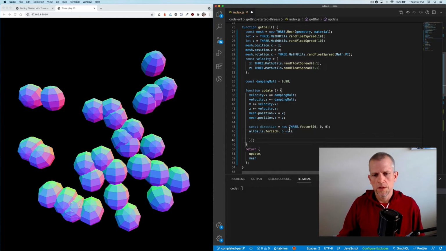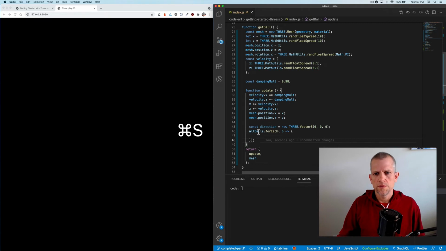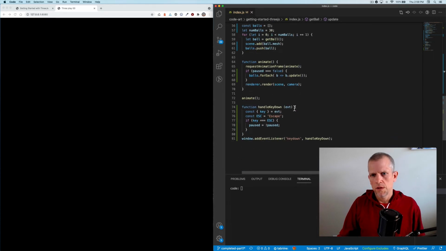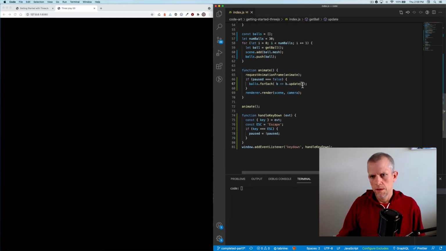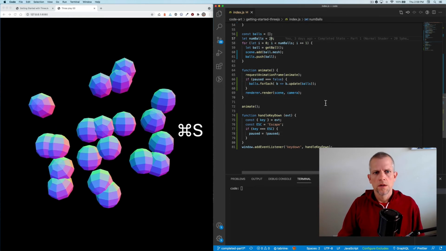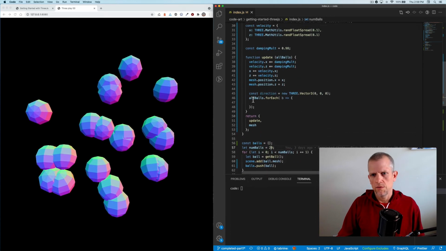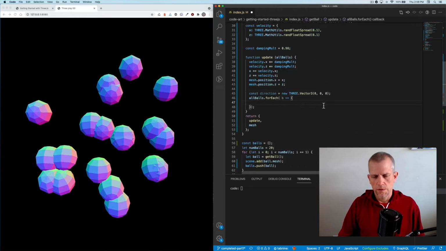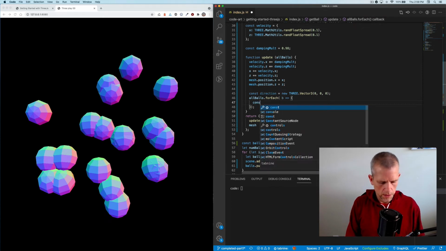By the way, this is immediately going to break it, because I haven't defined all balls. I want to pass all balls into that update function here in the animate method. That balls array we created earlier, let me just drop this down to 20 just for fun of it. So now I have access to every ball, and I'm going to loop over them. And for each ball, I'm going to